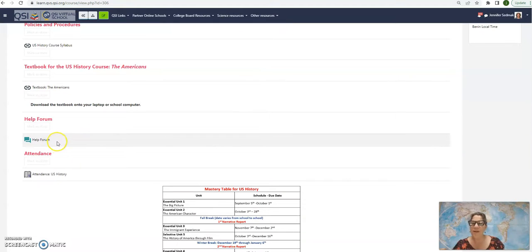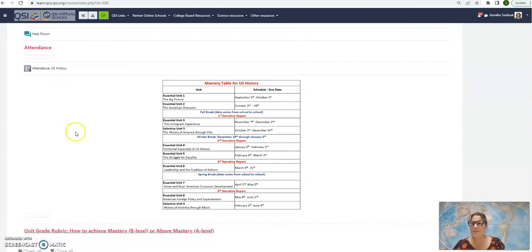There's a help forum here where you can ask questions, but again, we also have the Teams chat, where you can get to know your classmates and even get direct contact with me. I have an attendance module here, so it tracks how much time you spend on the course page. And then finally, here is the mastery table, so you get a strong understanding of the different units that we